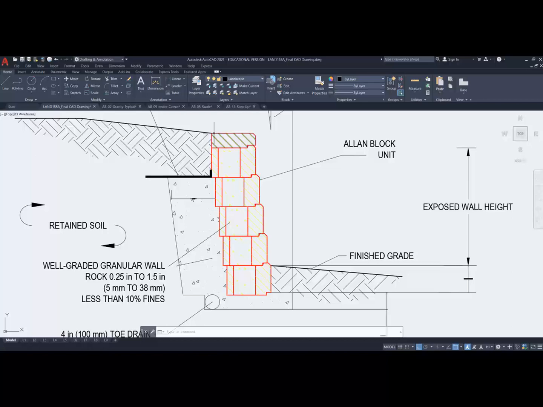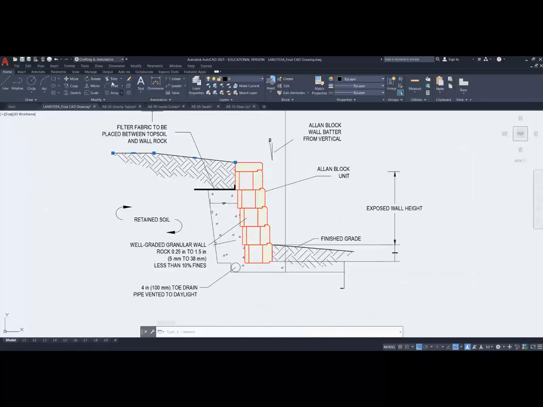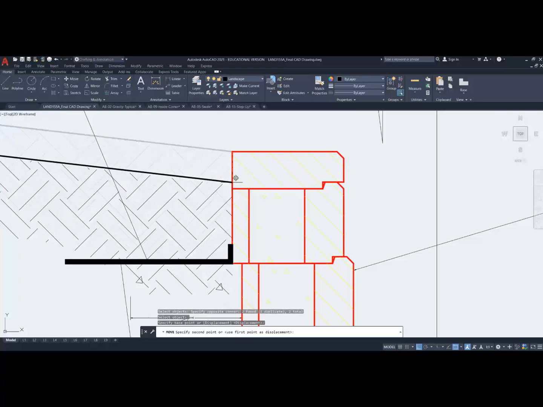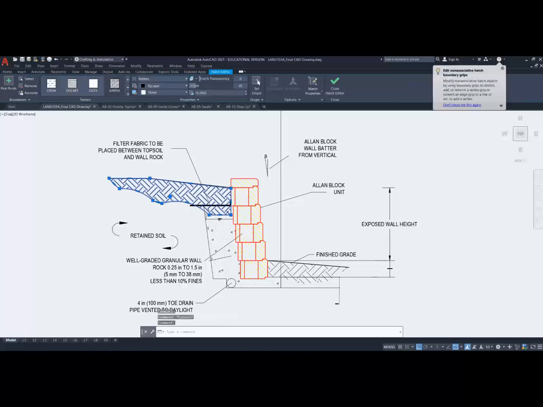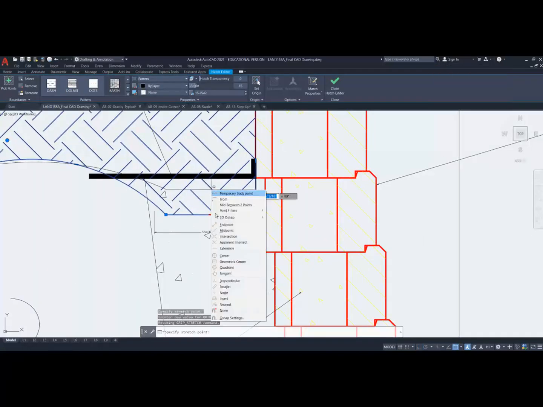So I'm going to just adjust this ever so slightly. I'm going to move this grade line from the top of the wall, maybe down to the base of the wall, and that will give me a nicer look. So move here, because then I've got a bit of a ledge there from that position down to here. And once again, you can see how the hatching has adjusted. I'm going to do the same thing that I've done now several times, where I'm just going to adjust this hatch,